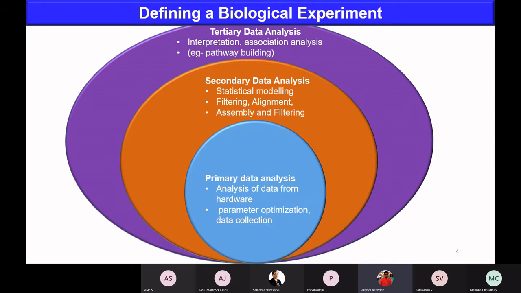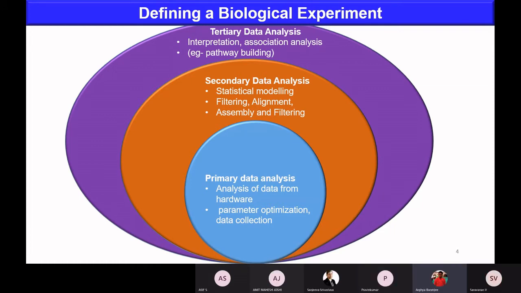And lastly, the tertiary data analysis. Once you get the secondary data, how do you interpret it, how do you associate that analysis with whatever aim you have, whatever study result you want to get? Here comes the definition of tertiary data analysis.